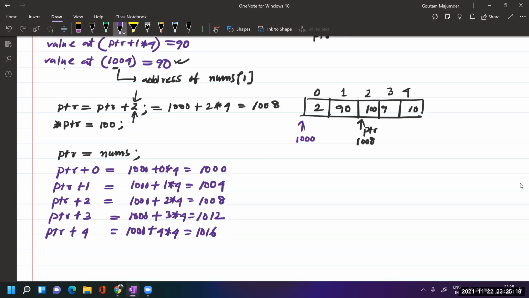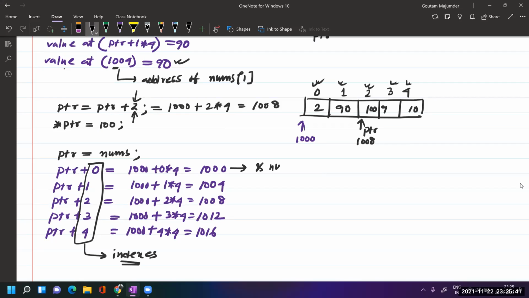This. So now look at one point carefully. What are these? See, 0, 1, 2, 3, 4. So these are the indexes of the array items. And this is what?